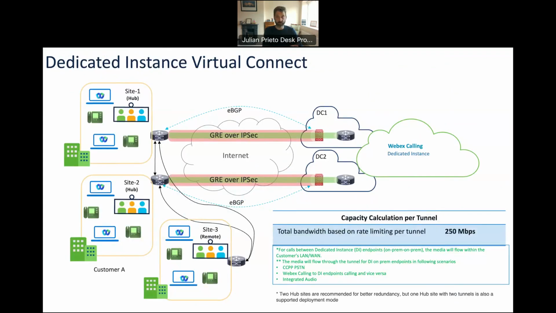I just wanted to finish off with some detail on Virtual Connect for dedicated instance. This is an option we have specifically for dedicated instance for customers that do not want to invest in circuits and private peering using Equinix Fabric or Megaport. In this case, a customer can connect over the internet. But again, because we can't support NAT into dedicated instance, we use GRE over IPsec tunnels to get the traffic into dedicated instance. So these are effectively secure